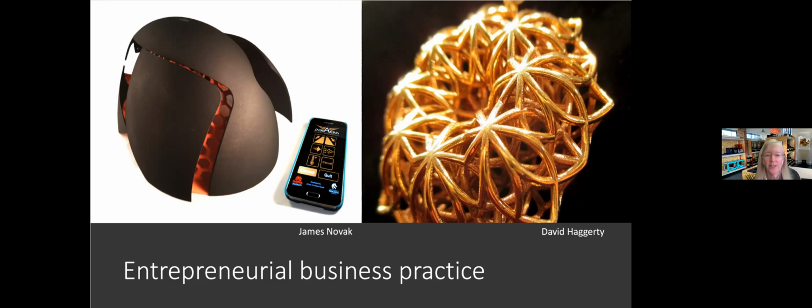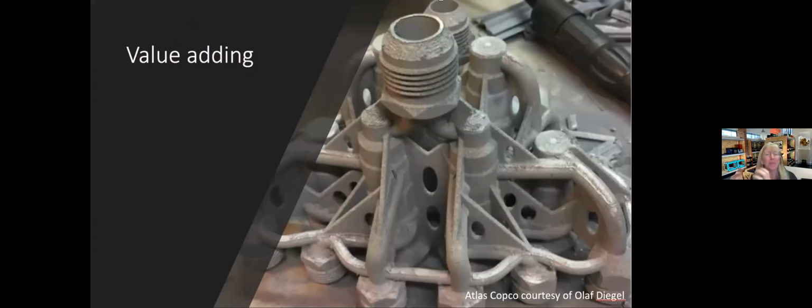However, today we're really focusing on businesses and where we should go as a business. So what kind of things you should look at as starting points. So if you're going to go into end-use products, the key is value adding. You really need to focus on value adding and what that means because of the significance of the investment. And so